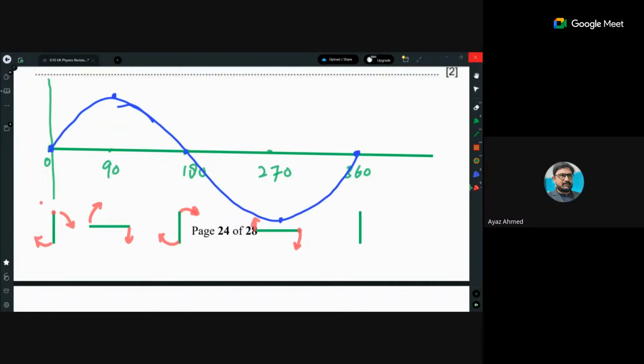Let me do one more thing to make it easier for you. I'm just going to give you the color scheme. Just follow this blue arrow. When this blue arrow is back on its position, here it will be back on its position, isn't it? So it is a 360 degree rotation. Here I showed you 180: here the blue is up, here the blue is down. Are you getting it? So you will simply say that